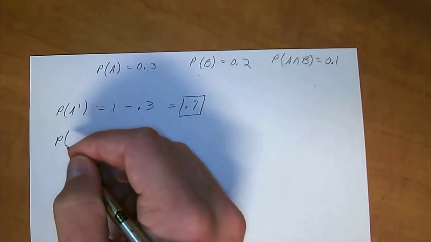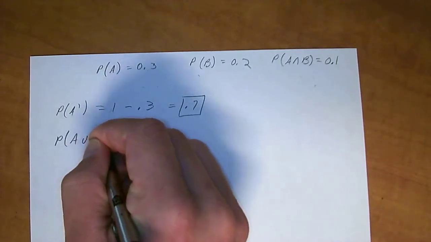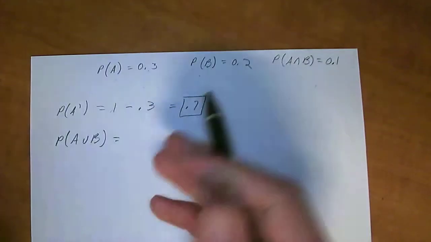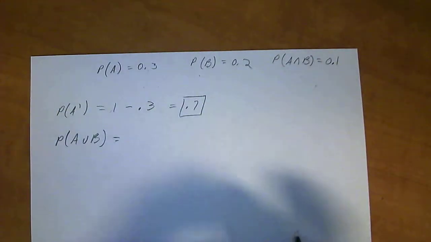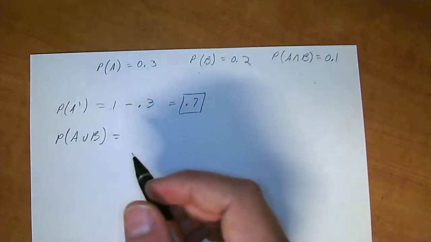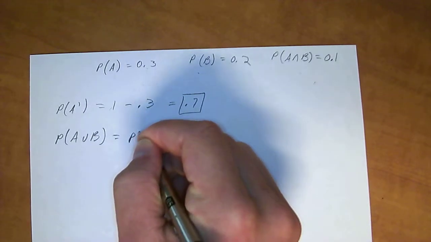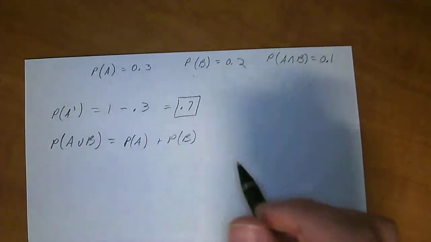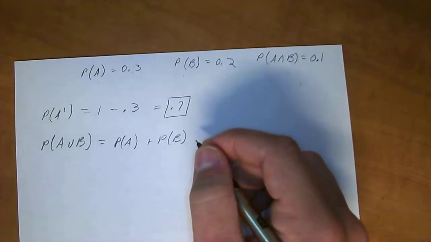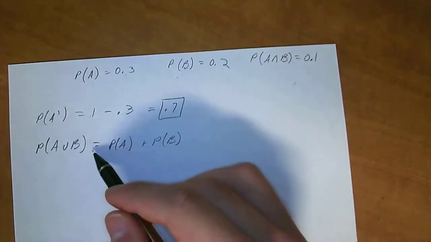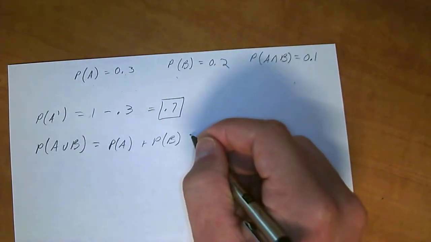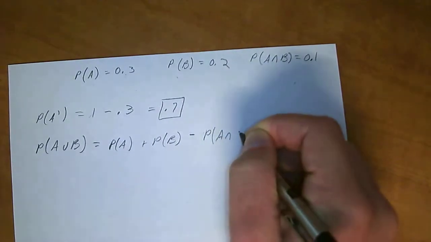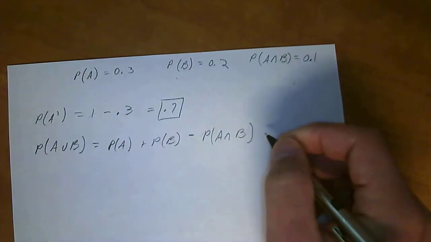So now the probability of A union with B is equal to, alright, A union with B is a combination of A and B. So if we're going like this, it's going to be the probability of A plus the probability of B. Okay, that's pretty good. But here's a little trick to this. When you're doing a union by addition, you have to subtract the probability of the intersection,